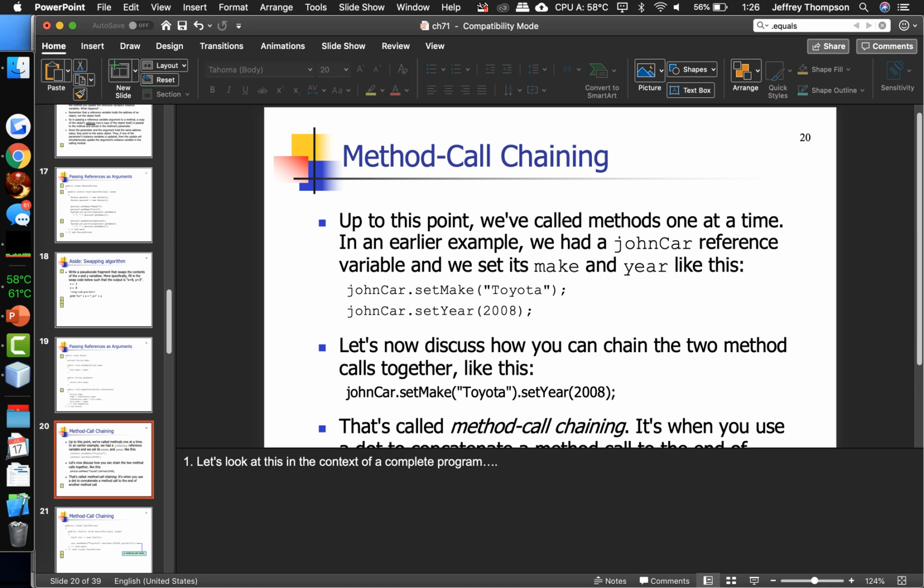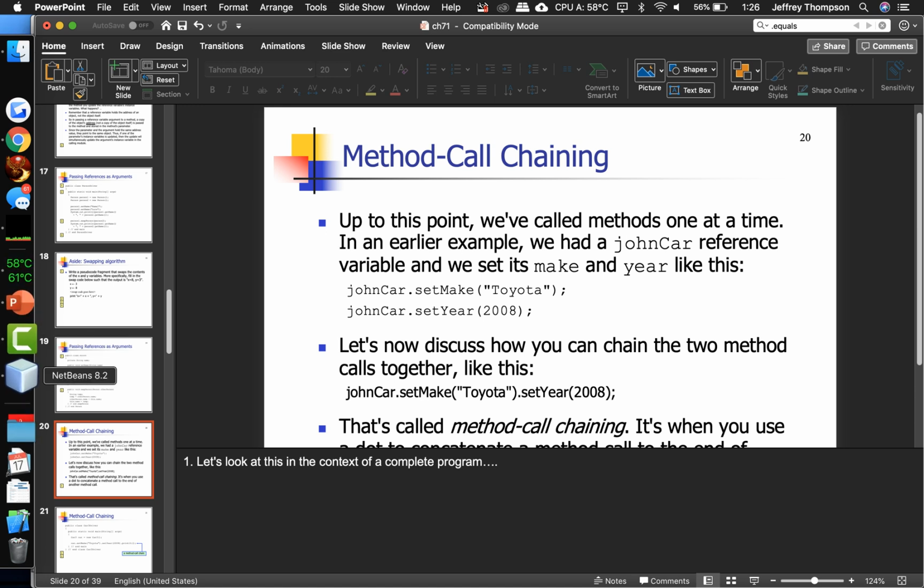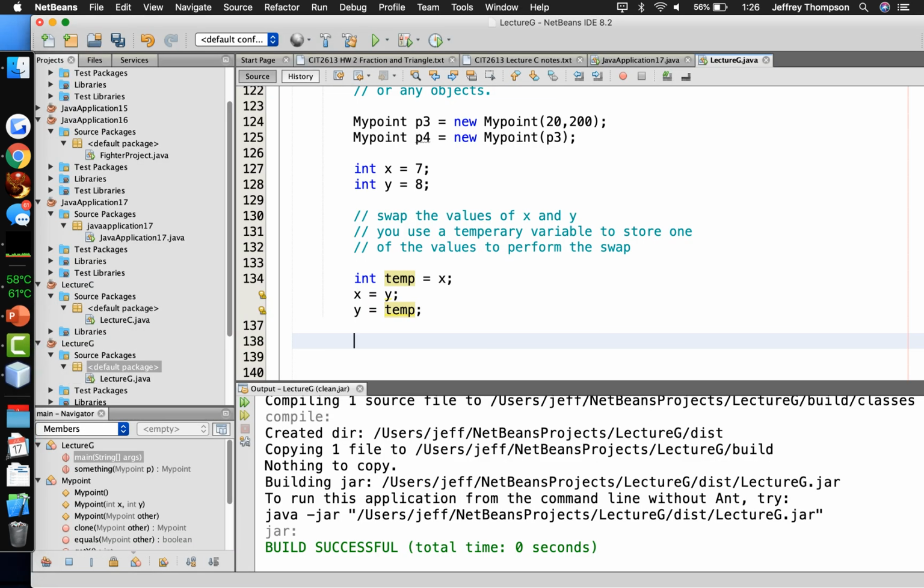Here we go. Method call chaining. What is method call chaining? Method call chaining allows us to do this. p1.setX(10). Oh, and by the way, I really want to change y in the same command. setY(10). And then I want to,